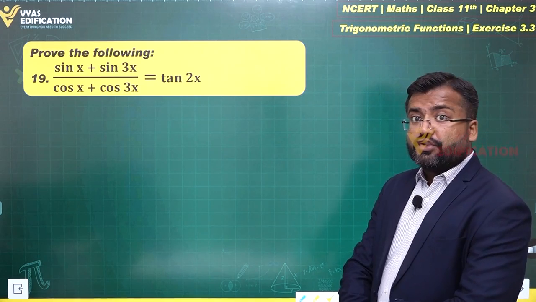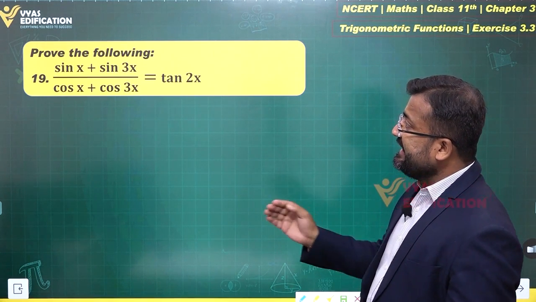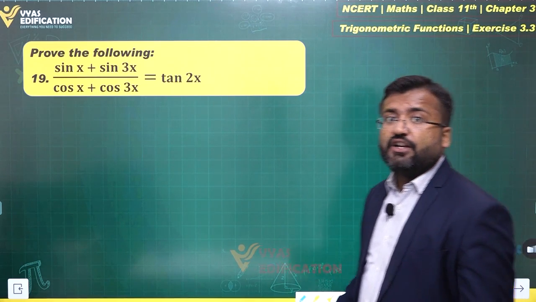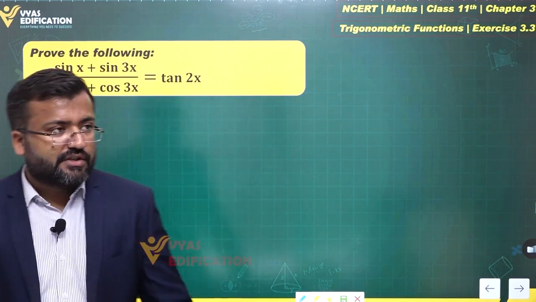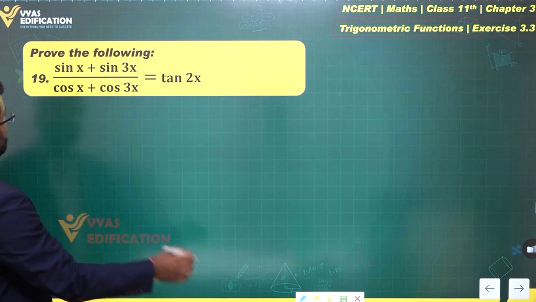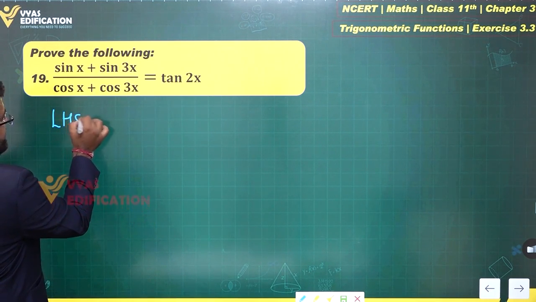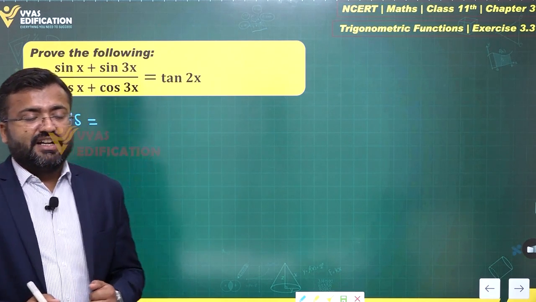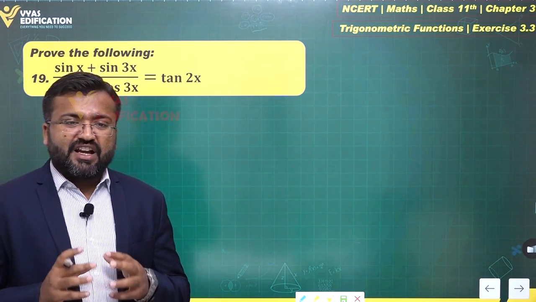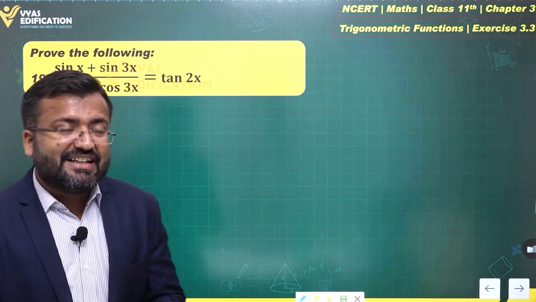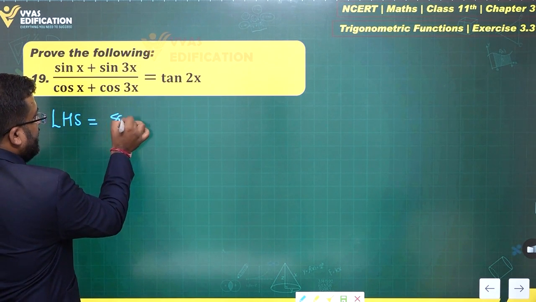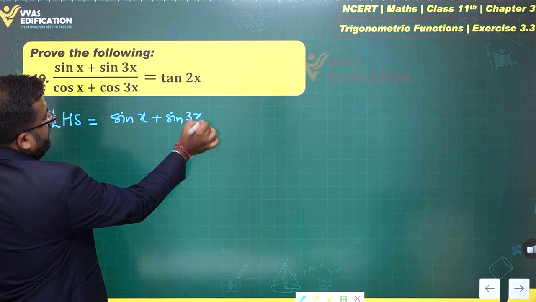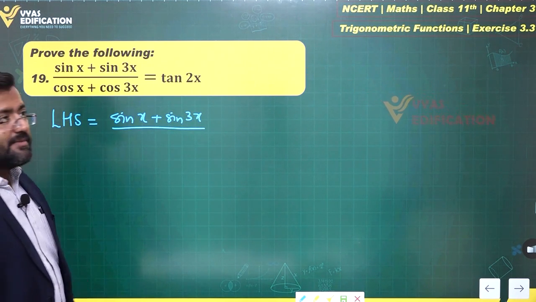Let's try to solve this question next. What does the question say? 19th. Sin x plus sin 3x over cos x plus cos 3x is equal to tan 2x. Now, how do we handle this question? Let's take a look at this. In the LHS, the numerator has the sum of two sine terms, right? And we can simplify those by writing them in terms of product, right? So, we have sin x plus sin 3x, and in the denominator you have cos x plus cos 3x,